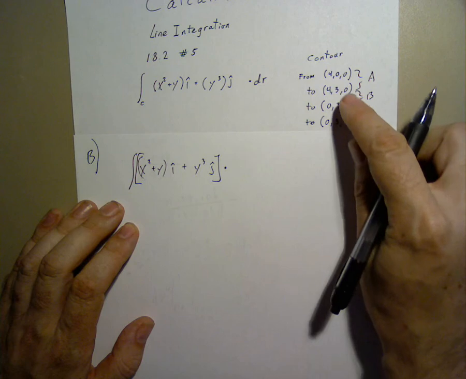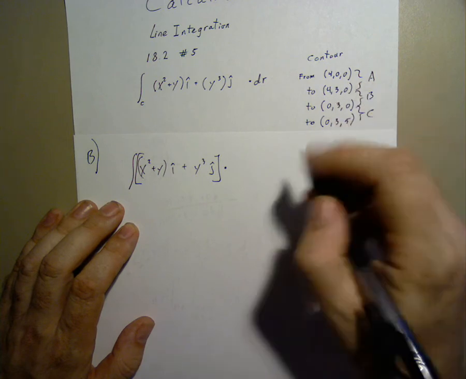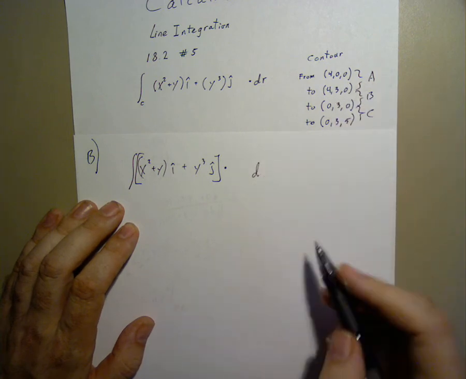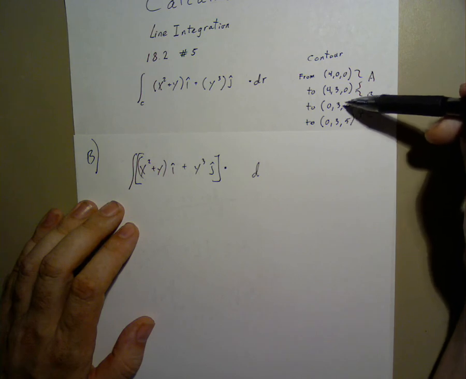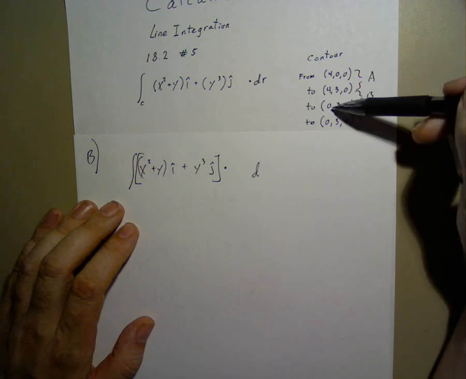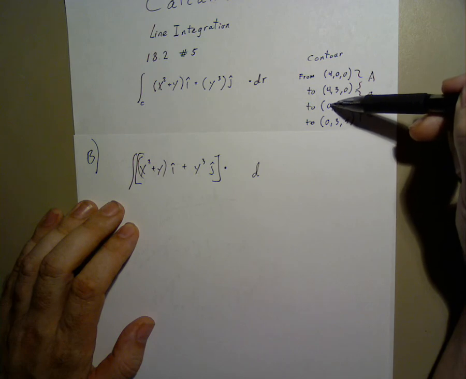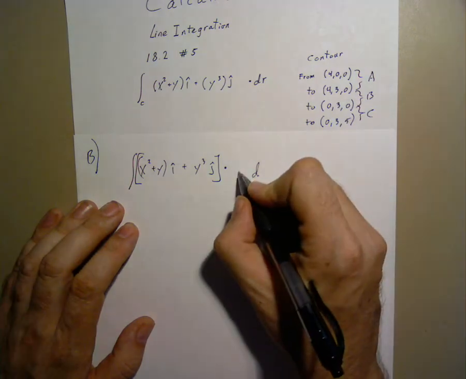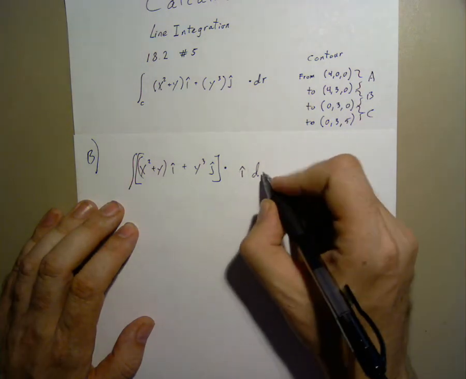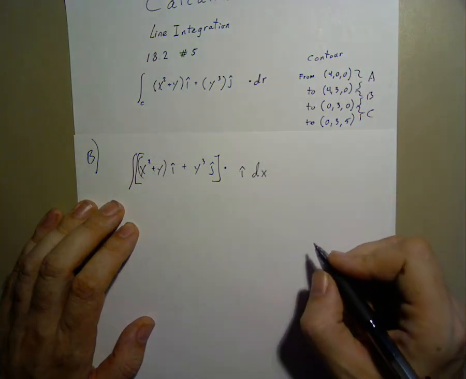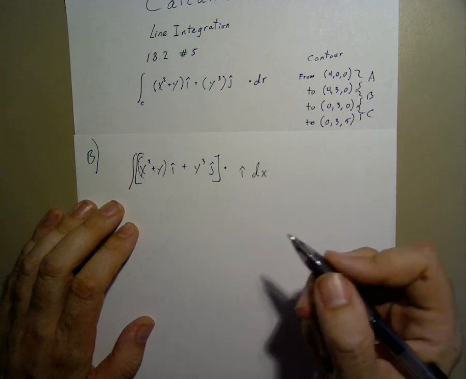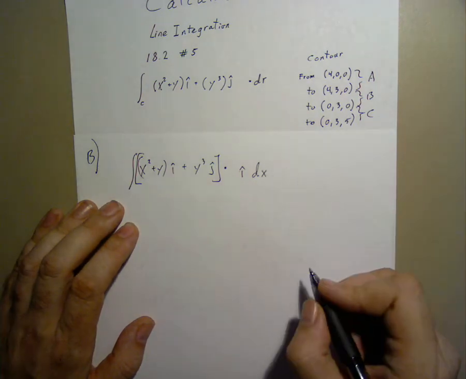Now, we don't yet know what we need to integrate along. We can work it out like we did last time, or we can simply look at it and notice that the z and the y are constant, so this line is progressing straight along the x-axis. So I can write i hat dx,